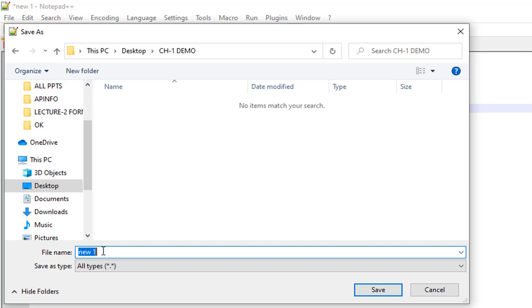But if you want to create an HTML file, you must give it the .html extension, like form.html. Both .htm and .html work the same. Accept it and save.